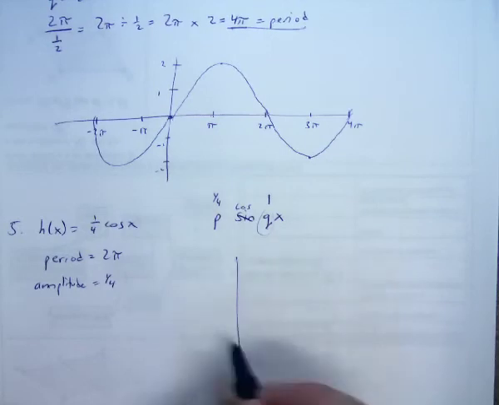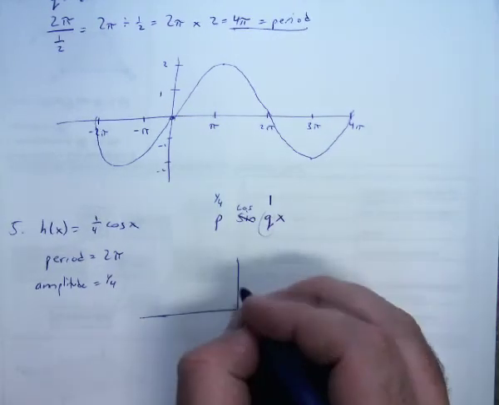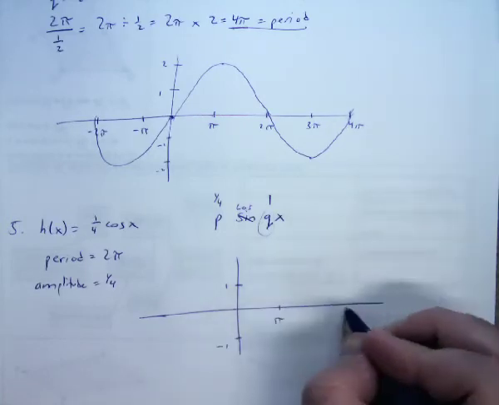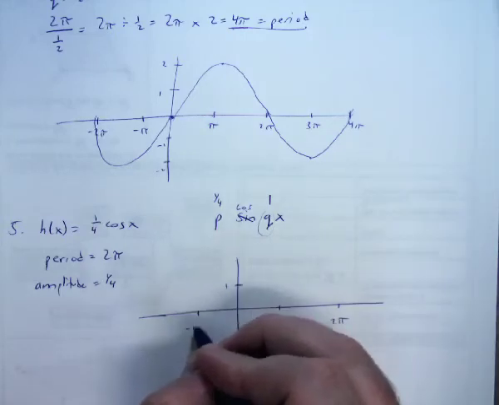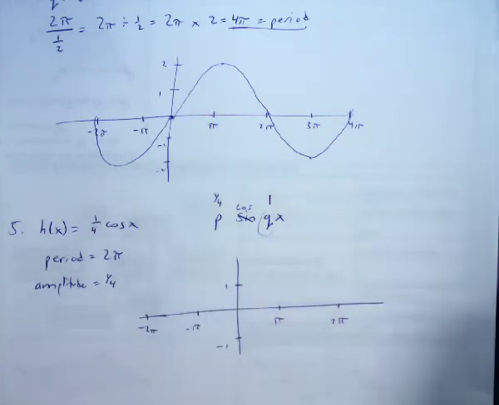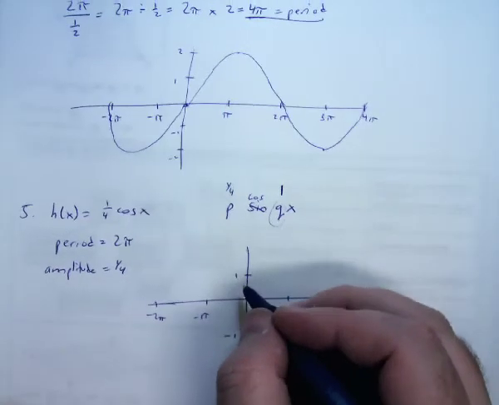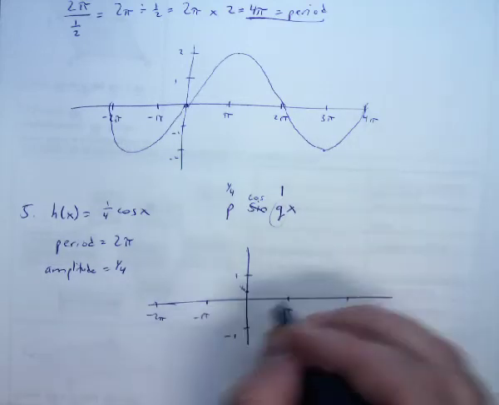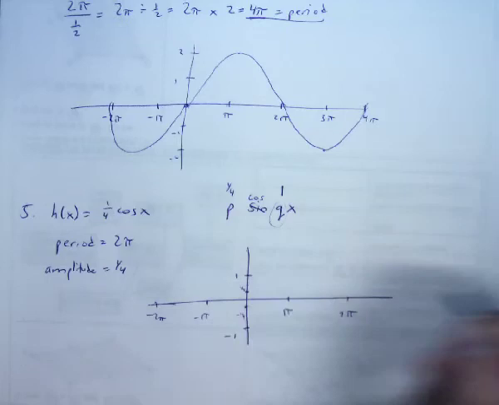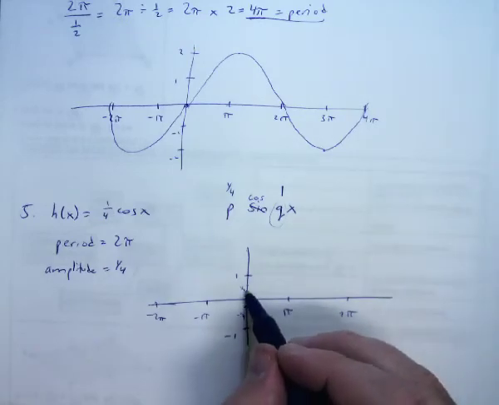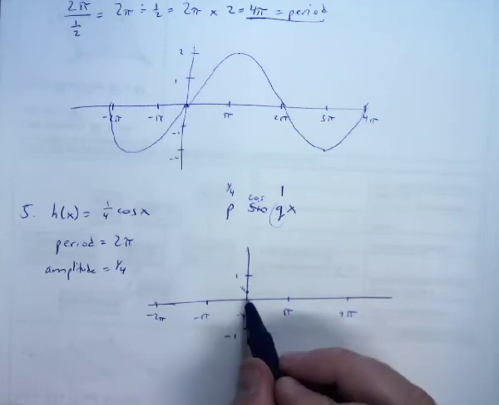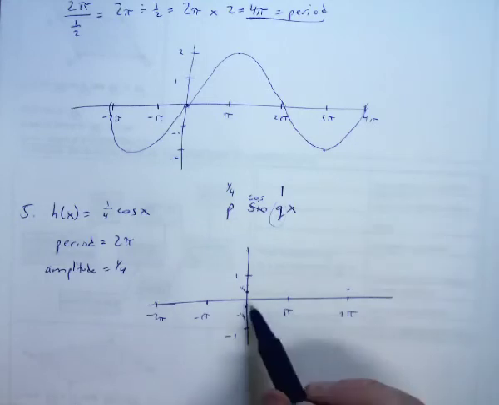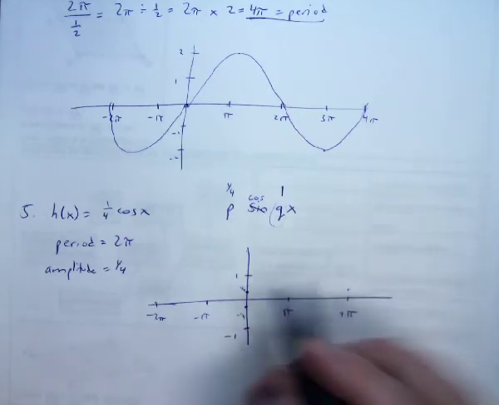Alright, so we have our graph. This is 1. This is -1. Pi, 2 pi, negative pi, -2 pi. Okay, now we're not starting at 1 though. We have to go to 1/4. So we're going to call this 1/4. Maybe right there is -1/4. Okay, so remember this is cosine, so we start here at the top, and after 2 pi I'm just going to make one big valley here, and after 2 pi we're going to be back up at the top, which of course is very short. So right here in the middle is where I'm going to hit my minimum, so it's going to look something like,